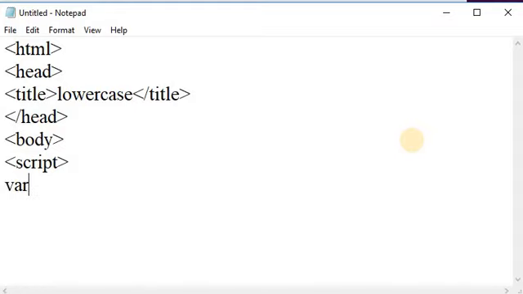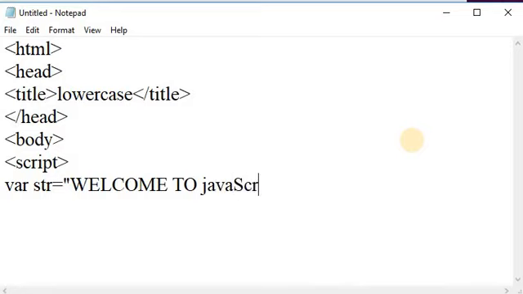Open a body tag, and in that body tag write a script tag, and in the script tag I am taking one variable, var str, equal to "Welcome to JavaScript". I am assigning this string to the str variable.